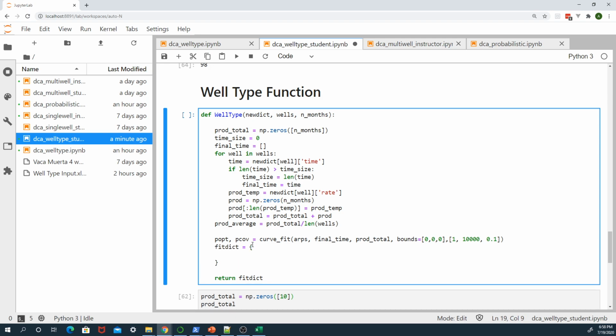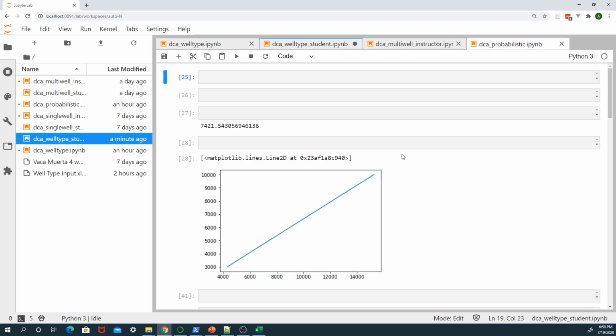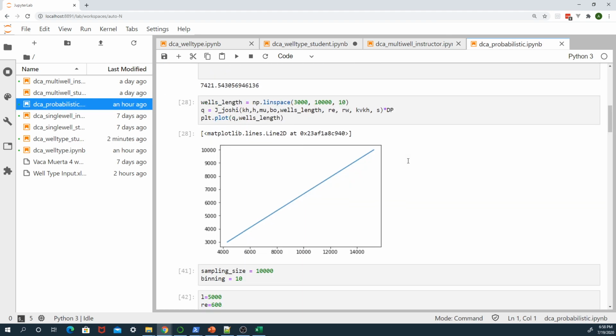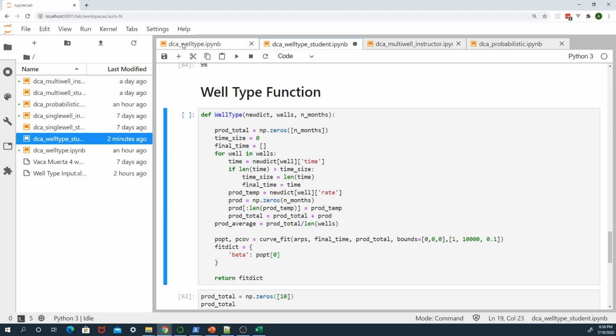I can say my beta, you have to put it in quotes, is equal to what POP-T is returning in the first array. If you remember from the last exercise, from the DCA multi-well,